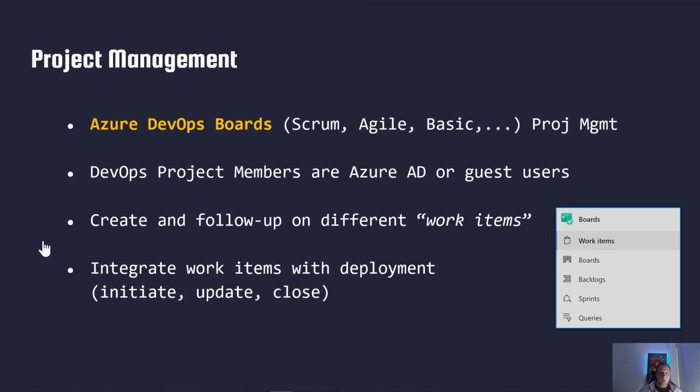Good. Once we have our source code in place, and technically you could actually do it the other way around, where you start with integrating your DevOps boards. If you're using a new project, you need to identify what kind of project method you want to follow. Is it Scrum-based, Agile-based, or if you're not using any of those, you could also go for basic project management. Any project member, as already mentioned, can be an Azure AD member from your organization or any guest user that you